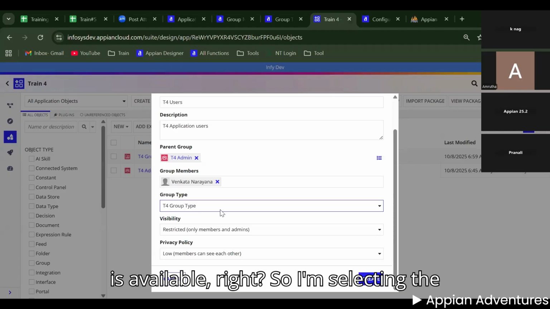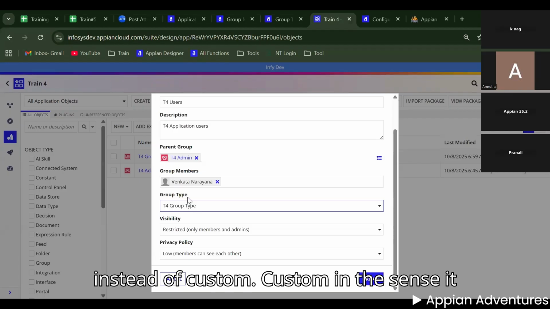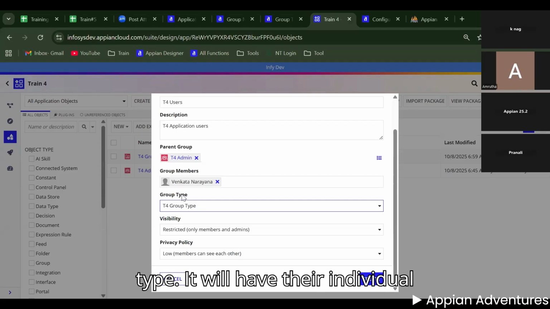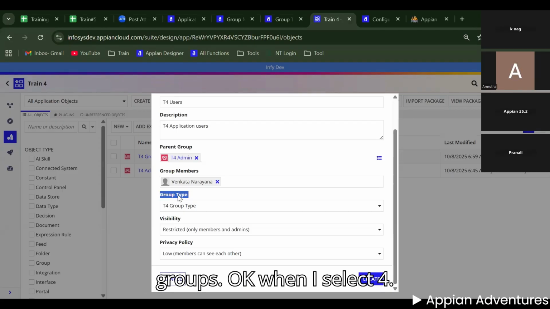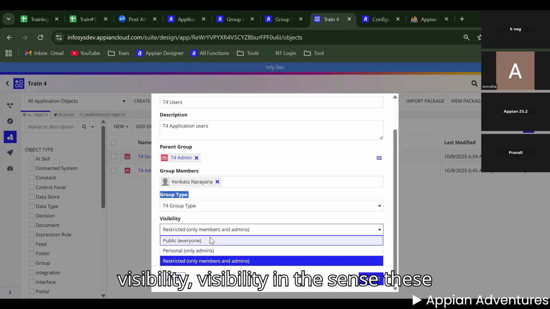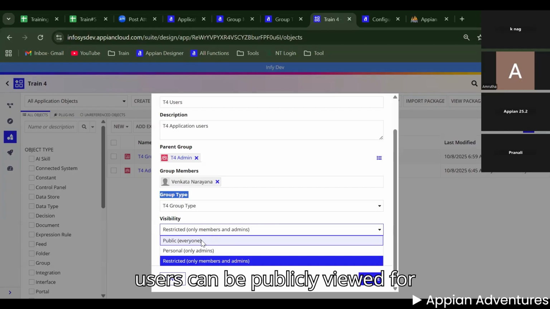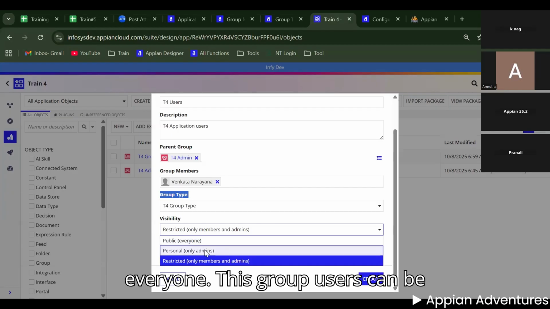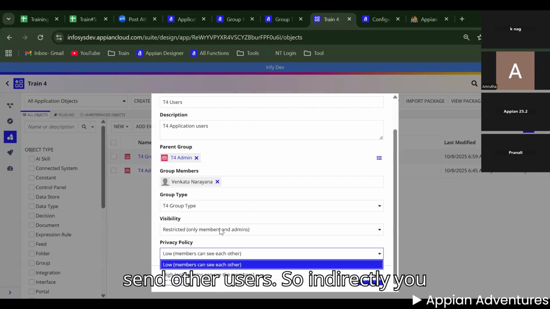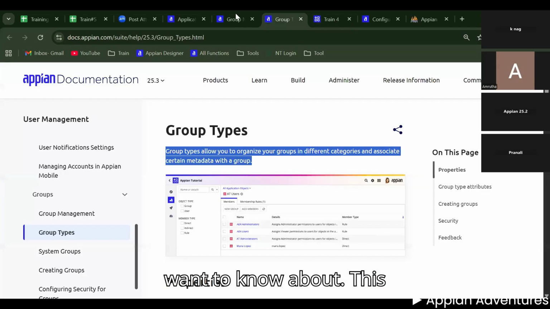So I'm selecting it instead of custom. Custom in the sense it will not come under any group type; it will have its individual groups. When I select the T4 group type, it will come under this group type. Visibility in the sense these users can be publicly viewed by everyone, or these group users can be restricted only to admins and other users. If you want to know about this in depth,